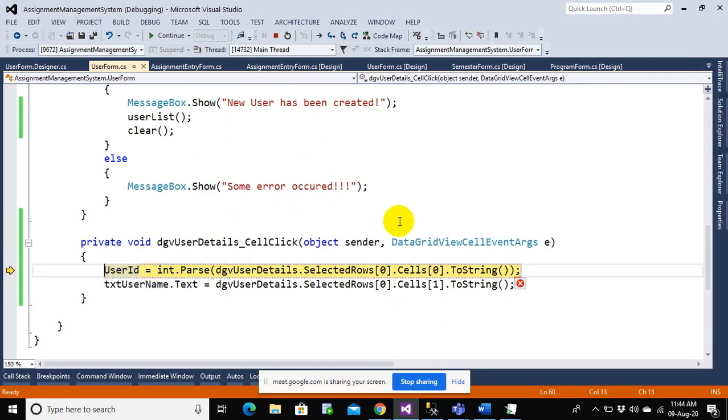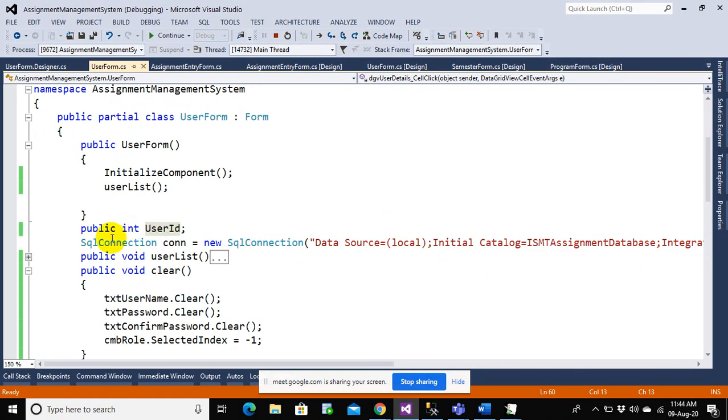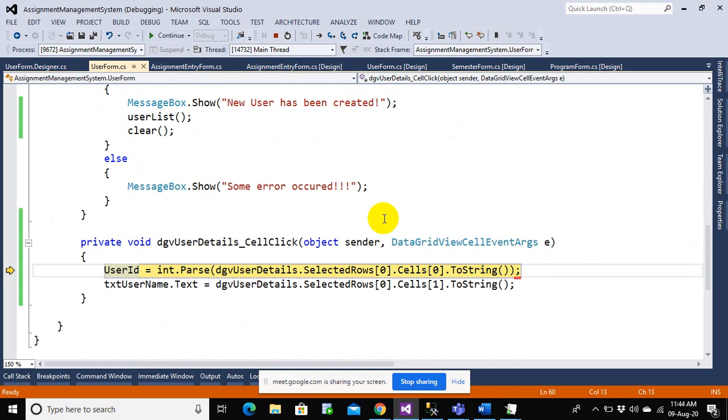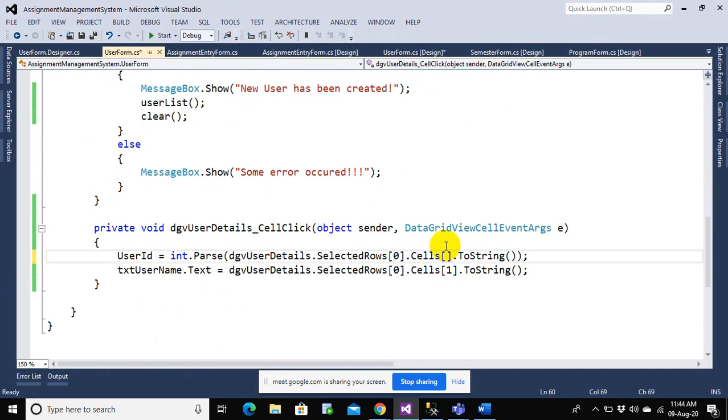Because what I have done, okay, integer user ID, integer pass, because this has not taken this as a string value. So let me just pass it to user ID. Let me see why the error is happening here.